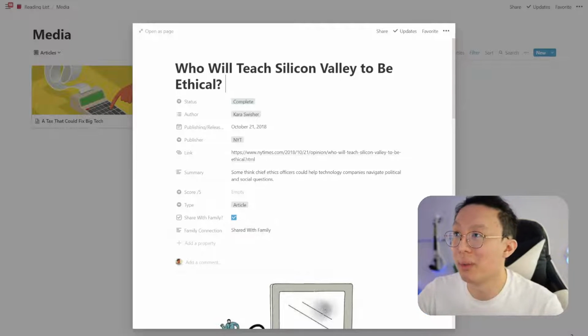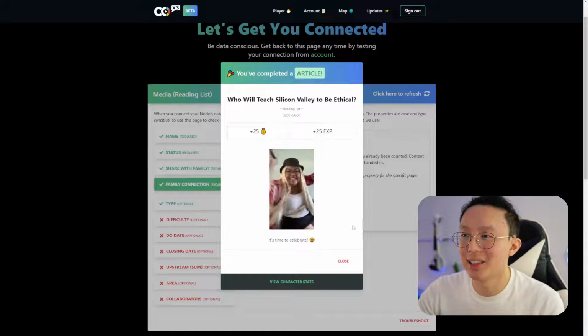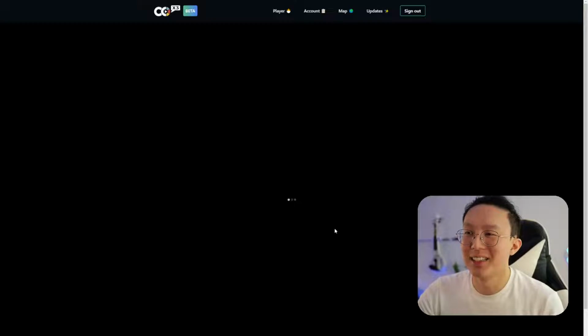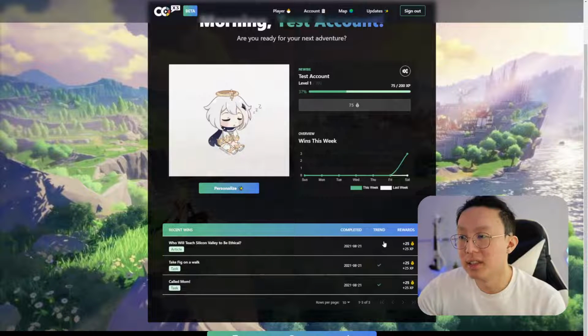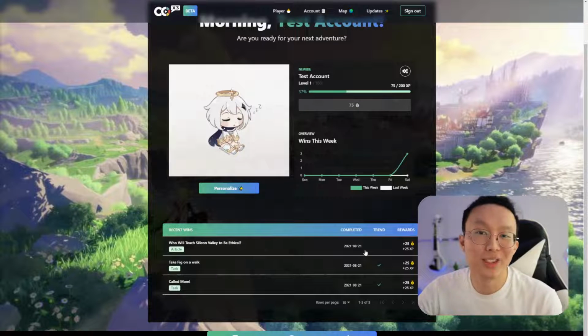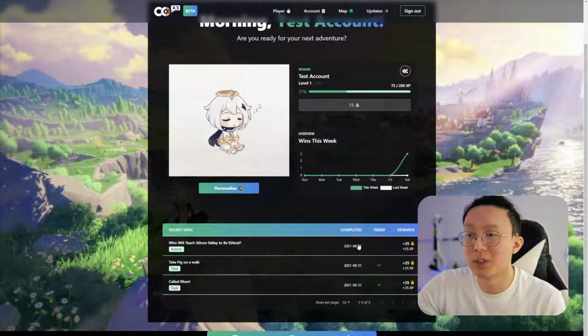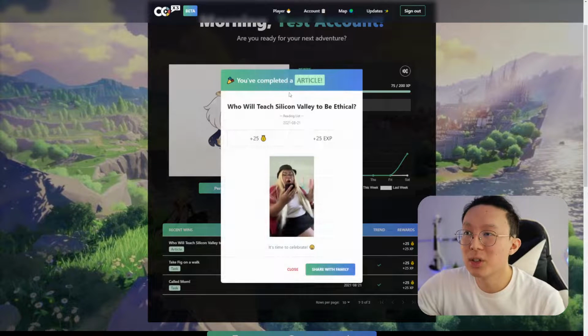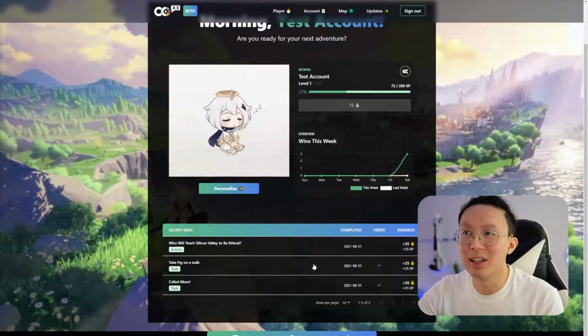So it's shared with family, so it's done. So perfect, it's coming from the reading list. I can open this, I get to celebrate. And I can view my character stats just like before, and I can see that I have a new one right here. Again, a lot of the information isn't captured right now, it seems, because there's no due date, there's no completed date. I will show you how that all looks once we start adding those details. That's why I show you, you complete an article, right? So these are all wins that you can hand in.